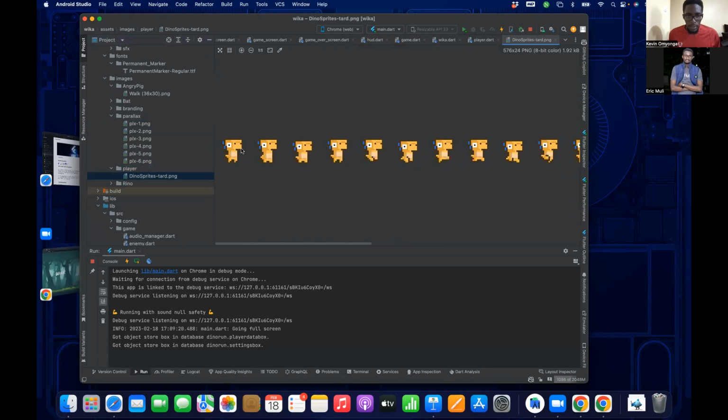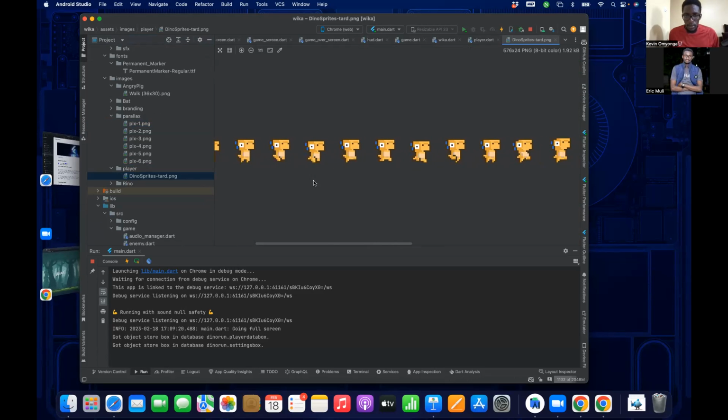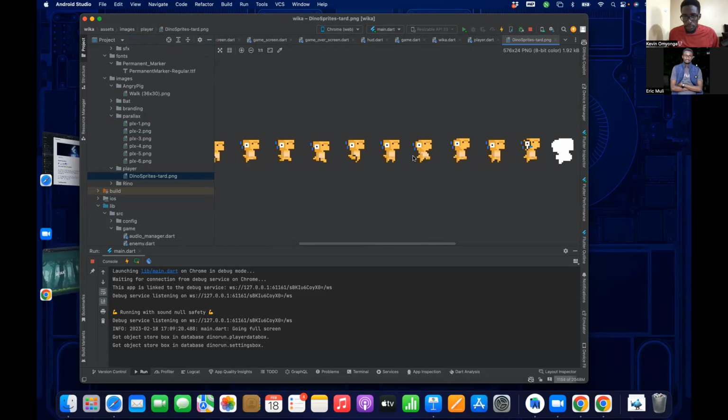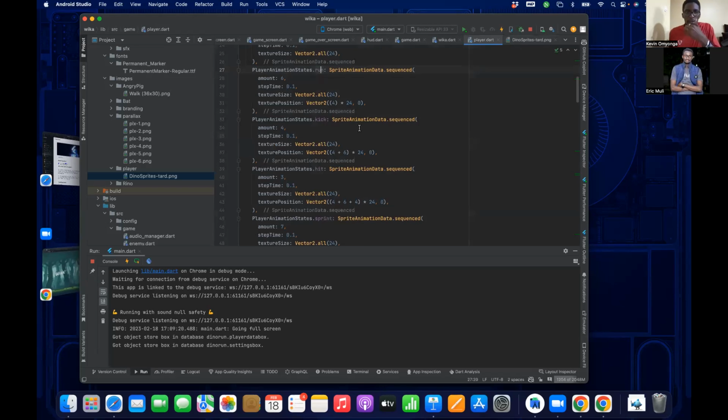So you can find maybe standing idle is like this first 3. And then now running is these others up to a certain point. Then kicking is perhaps these ones. So yeah, you just have to outline it one after the other.